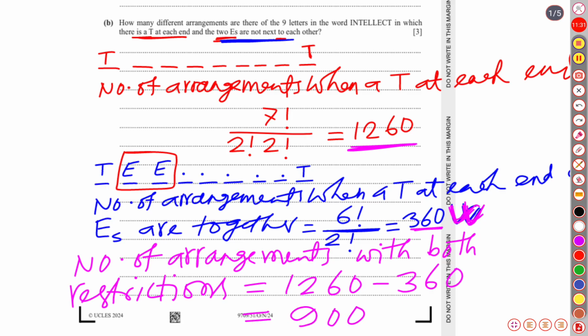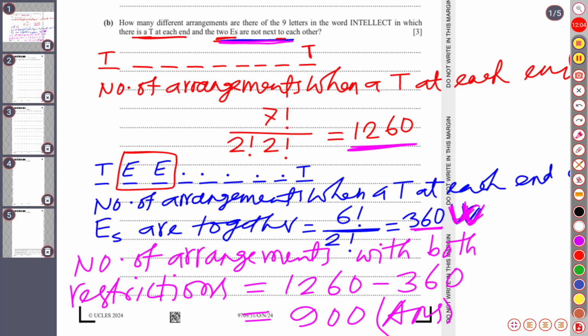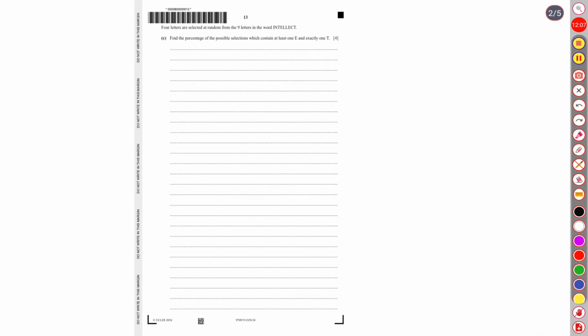I think you got my points, because I have thought of the second restriction in a reversal or different way, because when they tell a negative word like not together, we always find the number of arrangements when they are together. After that, if we subtract that number of arrangements from the whole of the arrangements, then we get our required arrangements with all restrictions. I think you have understood my point. Let's move on to the immediate next question. The next question is on the next page,